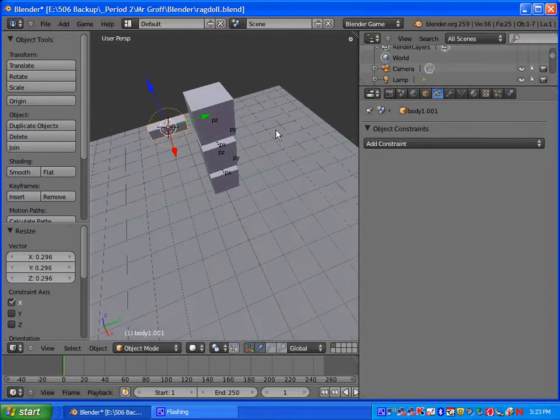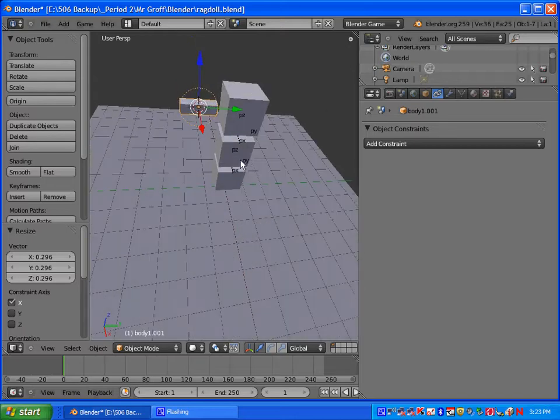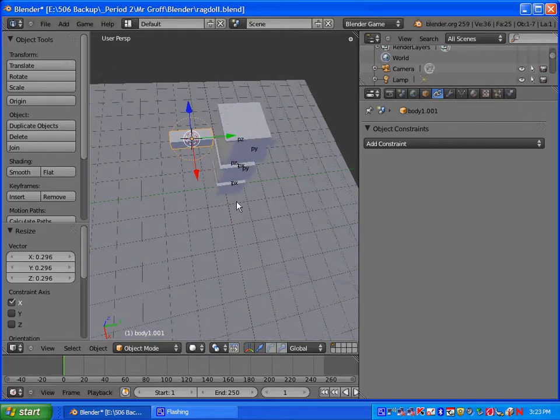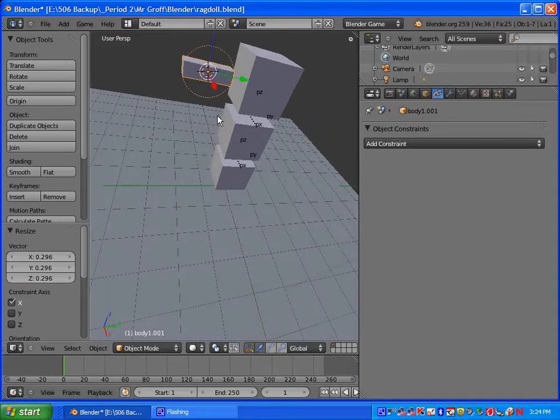It really just depends when you set it up which way it was facing, so you have to be cognizant of the axes. So if the red axis is going this way, if yours is the same as mine, you would do S and then X and size it on the X. Alright, so once you have that,